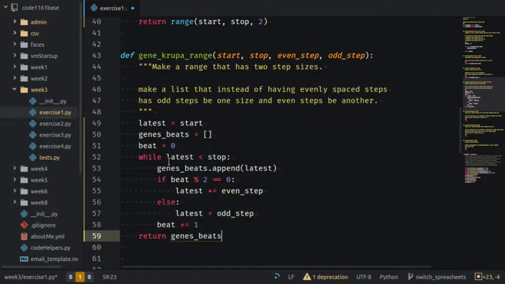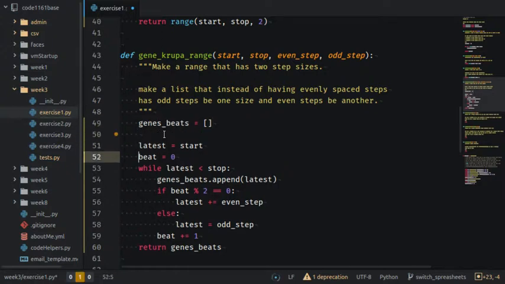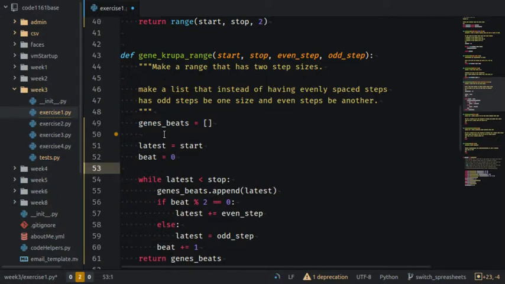Gene's beats. So let me walk you through what's happening here. First thing we do is we define latest to be equal to start. Then we make a bucket to put Gene's beats into. So let's put that first, because we like to think about this in these sorts of orders. Gene's beats is a bucket that we put things into. It's like a container that holds the things. Then latest equals start means that we're going to start off, the first value in the list should be start,